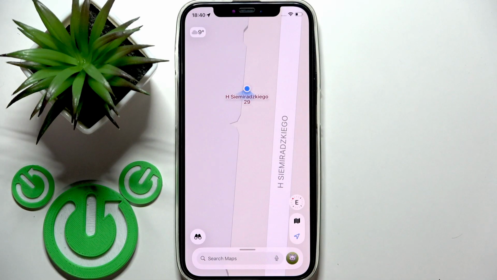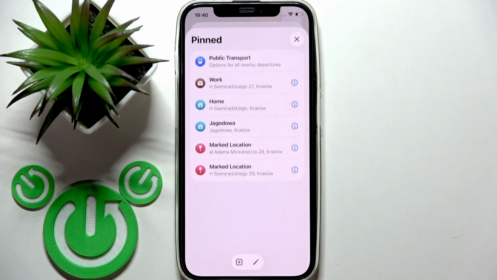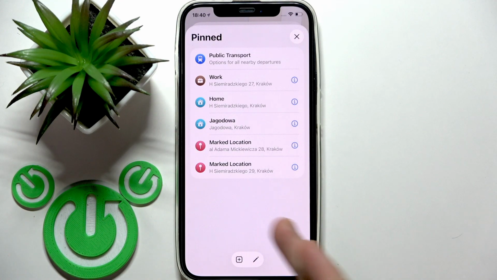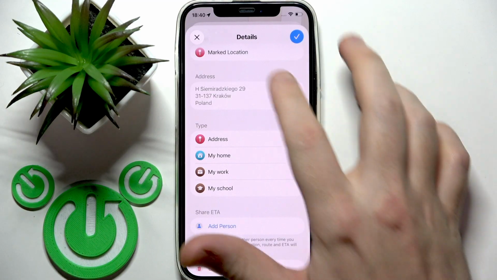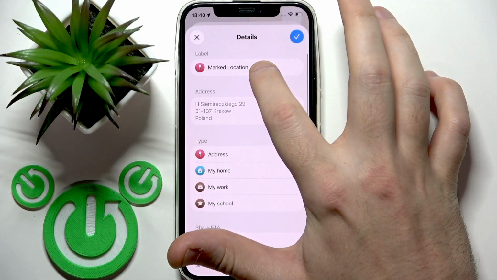And now we can find this information if you click at the profile icon at the right side, move to the places, and in pin it we have my current location. You can rename it if you want to. You need to click at the information icon and then at the